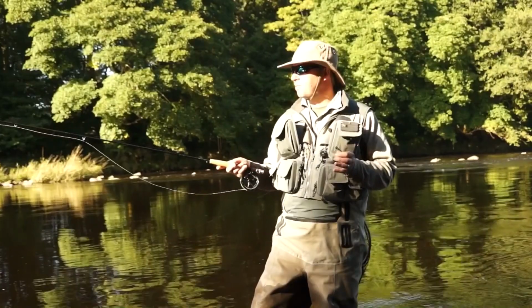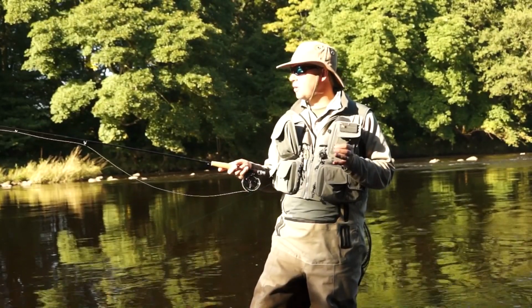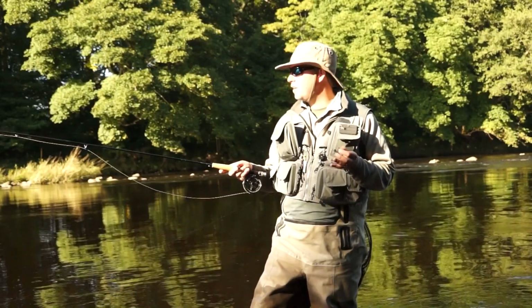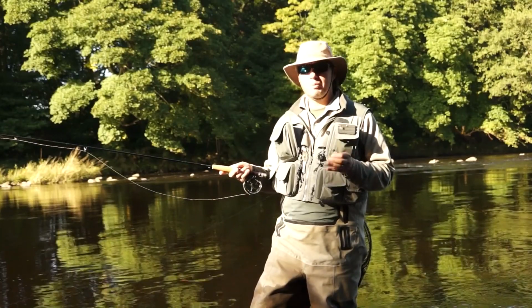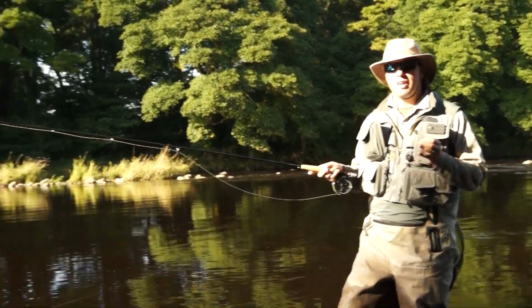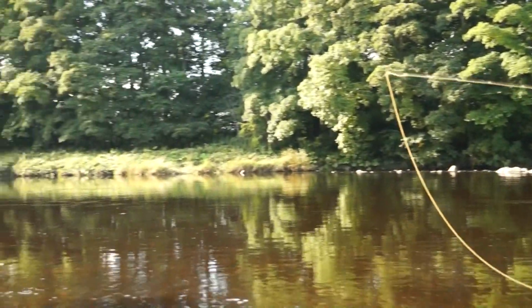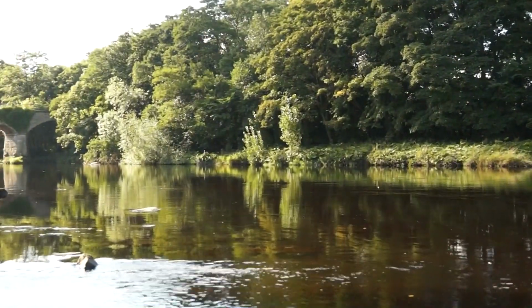Hello, it's a nice autumn day and we've got a bit of an Indian summer. Daytime temperatures of about 20 Celsius, bright sunshine, no wind, difficult fishing conditions, but fortunately because this is September we've had a bit of rain and there are a few grayling rising in tails. These are perhaps the trickiest fish in the river to catch because in these glassy tails,